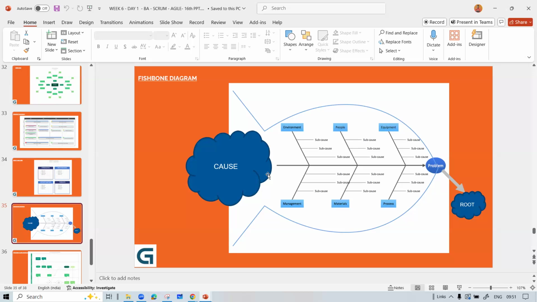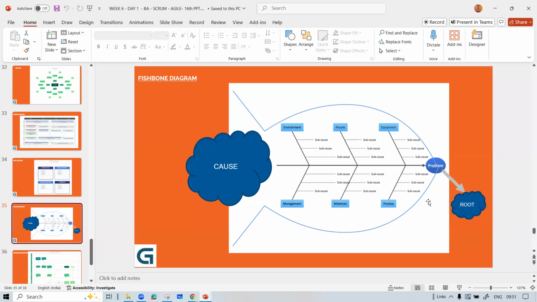So, why do we do root cause analysis? On what element will we do the root cause analysis? Where is it happening? On a problem. And when you do a root cause analysis for any problem that has occurred, at the end, what should you get? A solution.